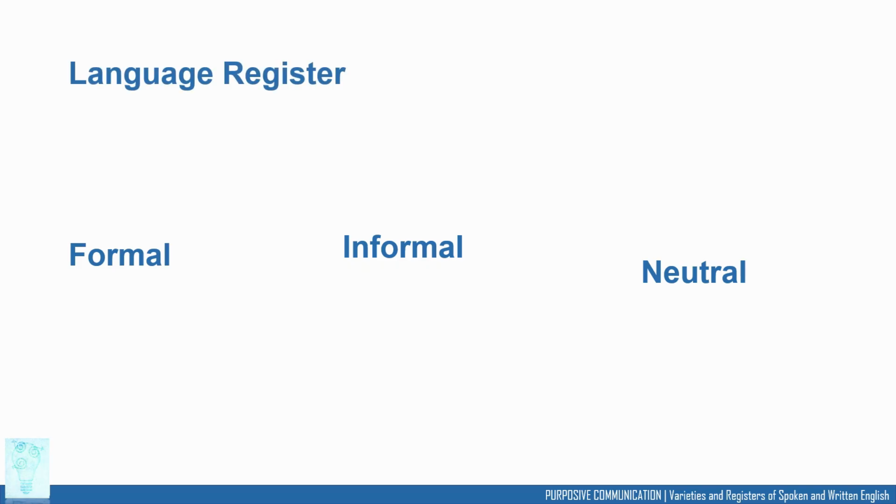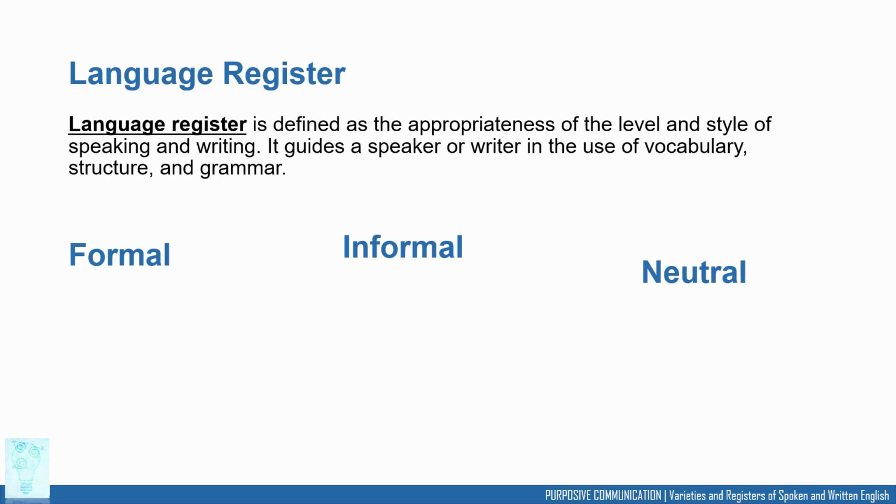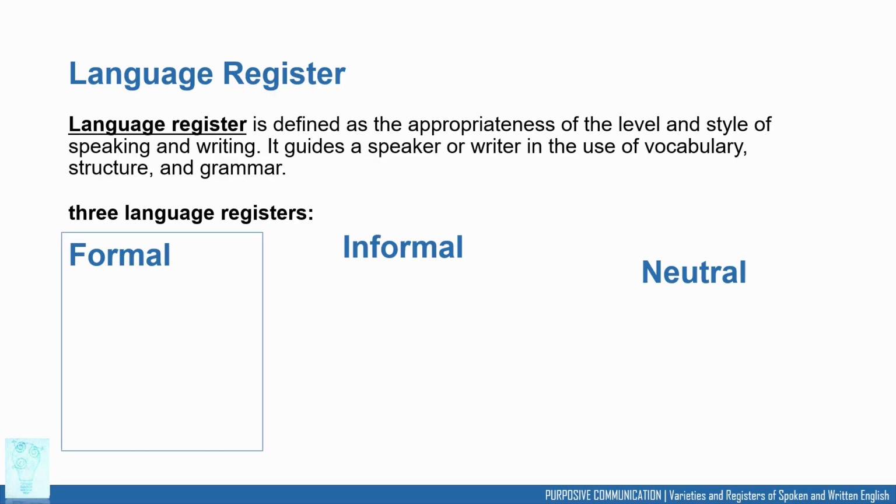So, what is language register? Language register is defined as the appropriateness of the level and style of speaking and writing. It guides a speaker or writer in the use of vocabulary, structure, and grammar. At least three language registers have been identified, and the most common ones are formal, informal,